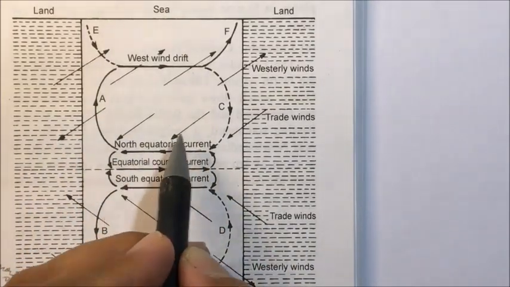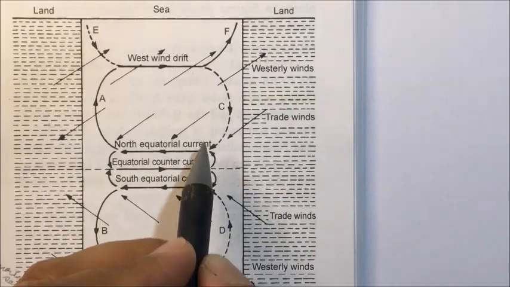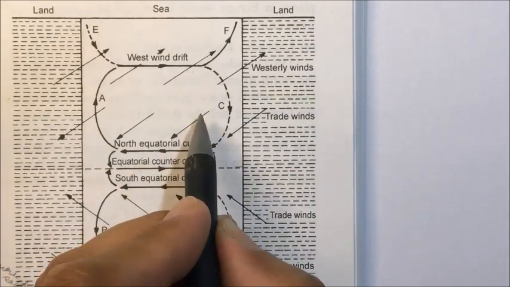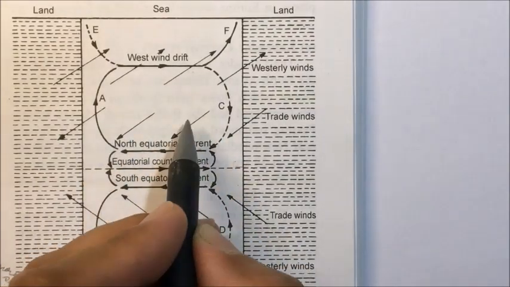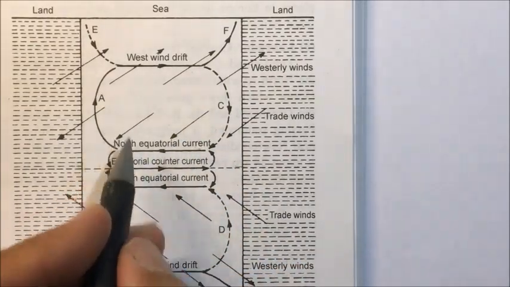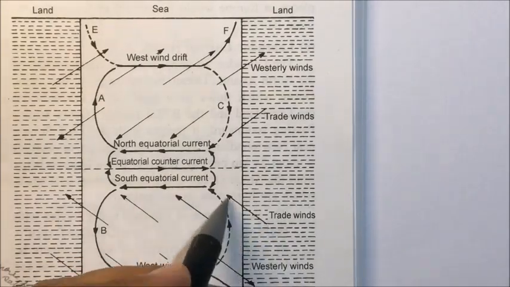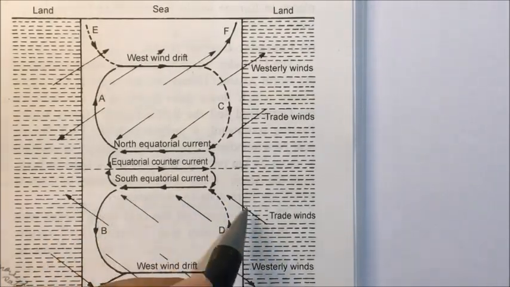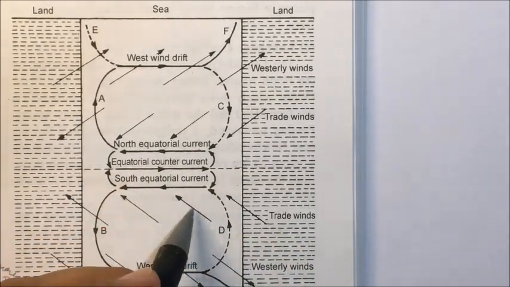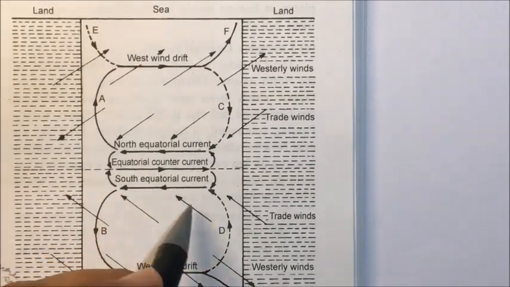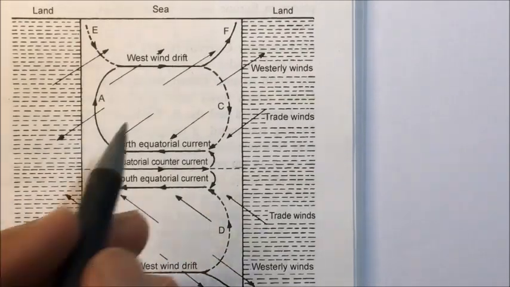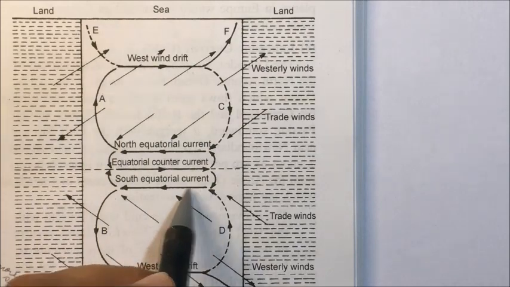Due to rotation of the earth, the Coriolis effect comes into existence. So there is a Coriolis force acting on these winds, and because of the frictional drag of these winds, the ocean water will flow to the right of the direction of the wind. So they flow westward. Similarly, in the southern hemisphere, these trade winds are originating from the southwest. These are called southwest trade winds. Due to frictional drag, the water moves to the left of the direction of the wind. So they move westward. So we have the north equatorial current in the northern hemisphere and the south equatorial current in the southern hemisphere.